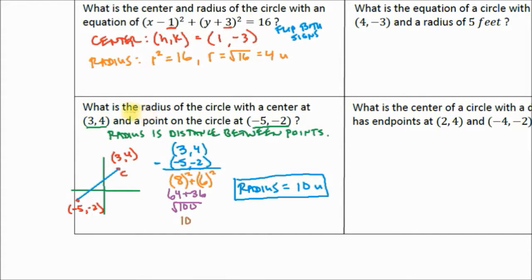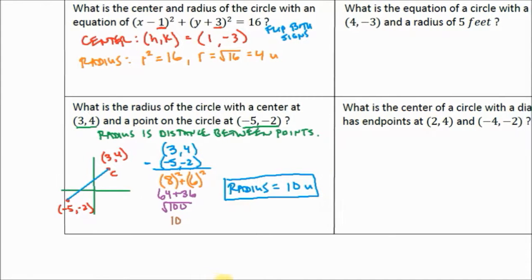Alright, so we answered the question. What is the radius of that circle? It's the distance between those 2 points. Figure out the distance either using the distance formula or using the distance shortcut. Alright,